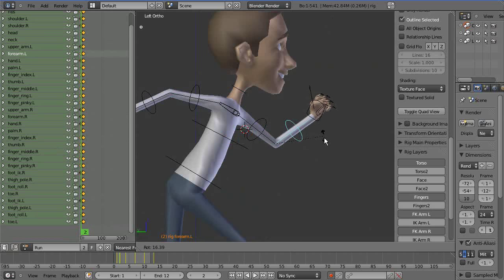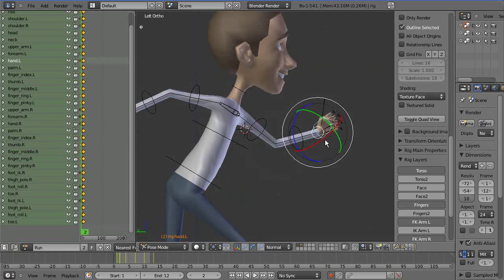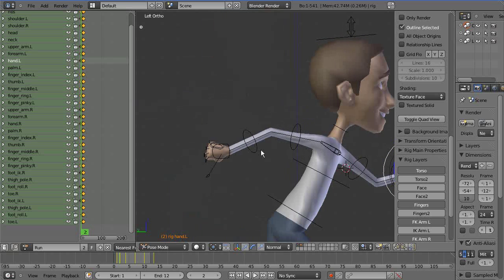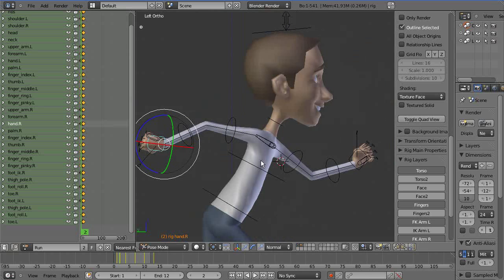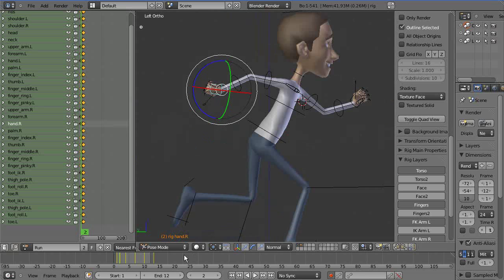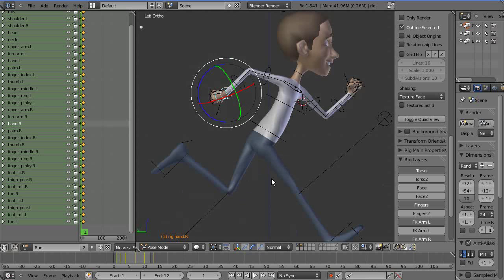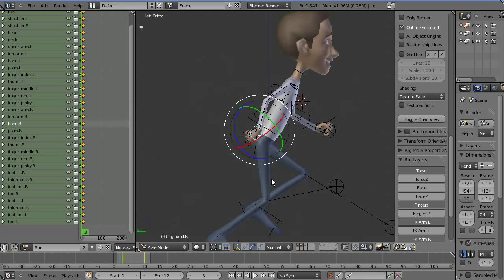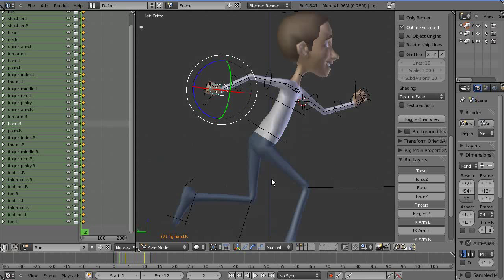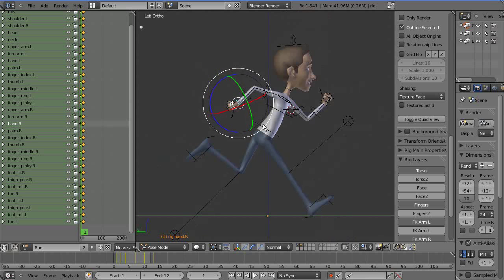And just a bit of movement in the hands as well. So you can see, just between those two frames, it's not a huge amount of movement in the arms, but it just sort of adds to the cell. I'm not going to copy and paste quite yet, I'll just go and do the next frame,